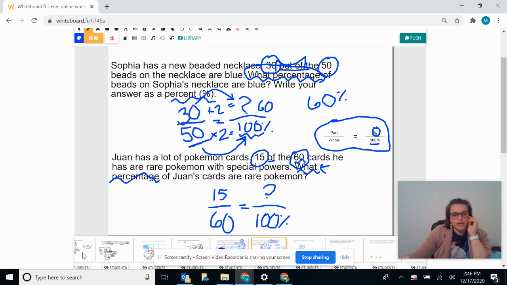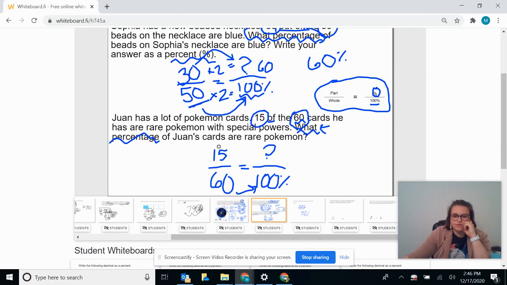All right, right here, 60 cannot go into 100 evenly. All right, so instead, we have to do one of two things. You can either simplify this fraction to get it to something that will go into 100, or you can do the butterfly method. For this one, I suggest you simplify, okay? So 15 over 60. When I simplify, remember, I'm going to have to write out the